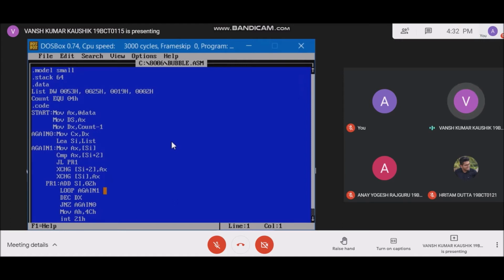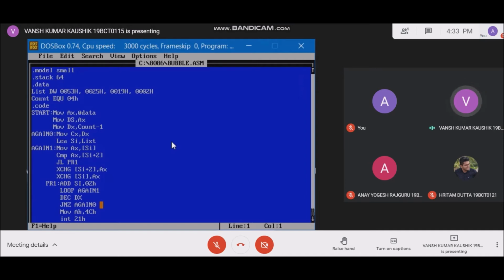Now we decrement the value of DX by 1, and also we have to check if the value of DX is not equal to 0, which is done by the next command, jnz again0. Now here we see that the value of DX is 2, so this condition will be false, and the control will go back to the first statement in the outer loop.